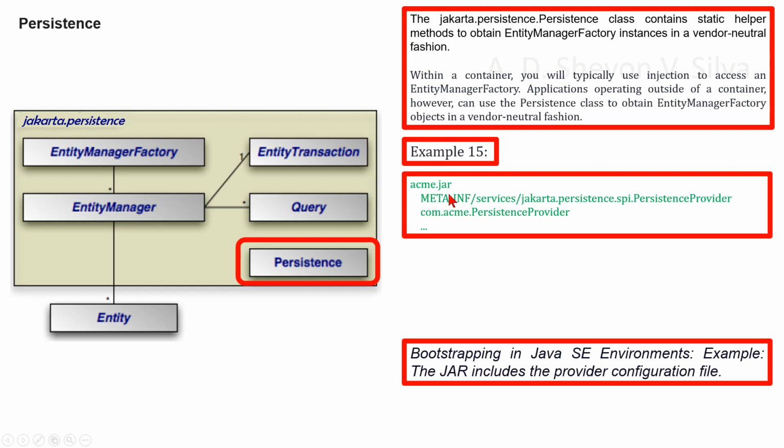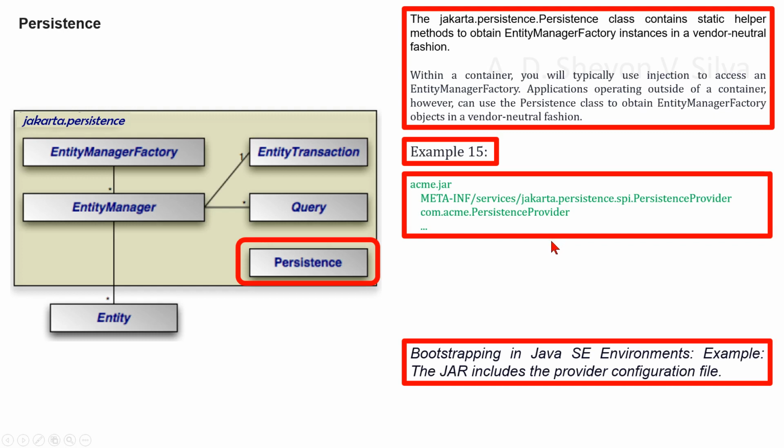The Persistence bootstrap class must locate all the persistence providers using the PersistenceProviderResolver mechanism and call createEntityManagerFactory on them in turn until an appropriate backing provider returns the entity manager factory instance. A provider may deem itself appropriate for the persistence unit if any of the following are true. The implementation class has been specified in the provider element for that persistence unit in the persistence.xml file and has not been overridden by a different